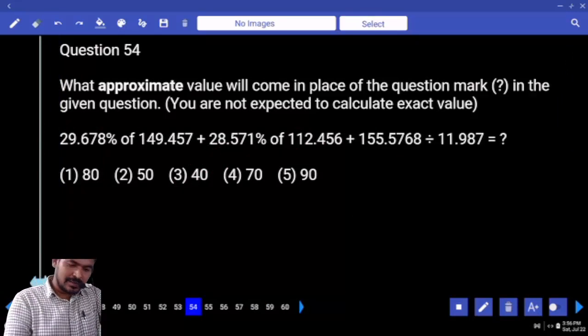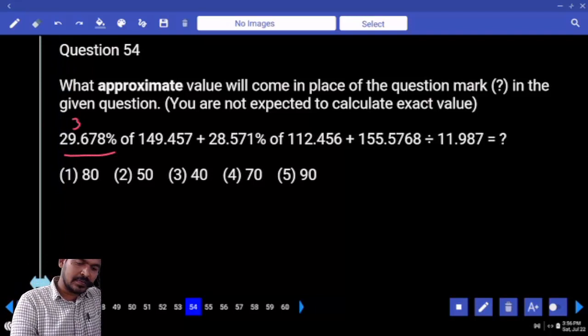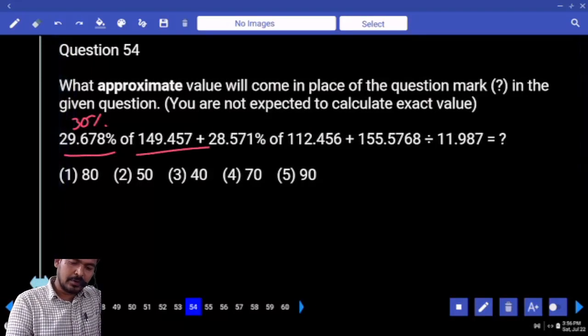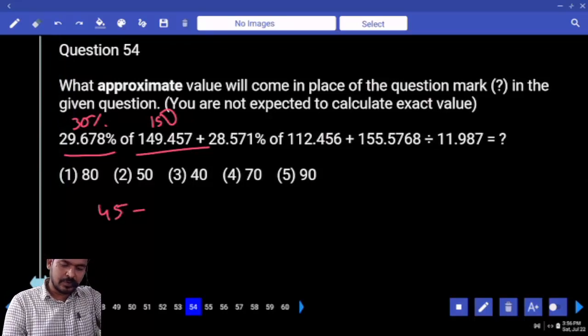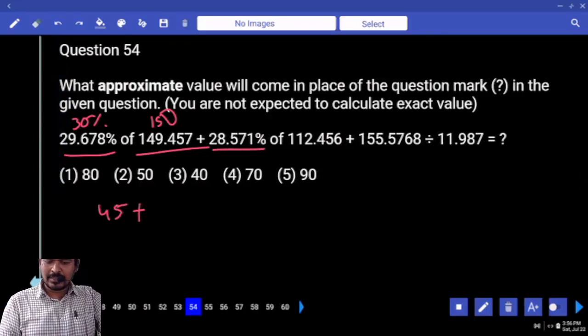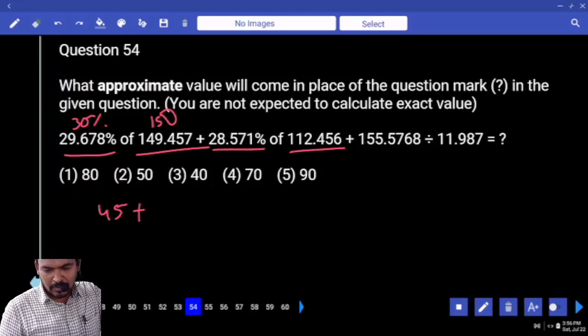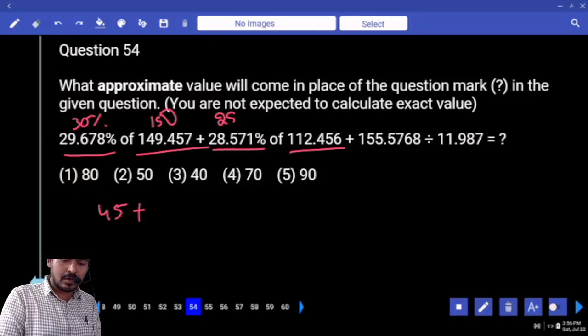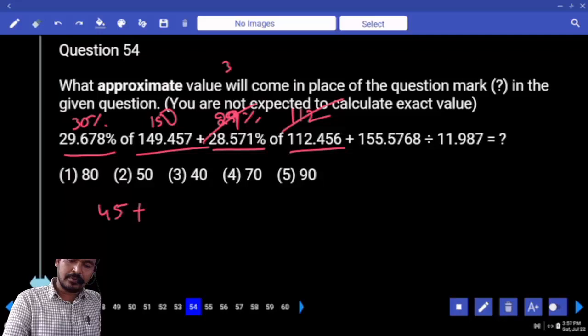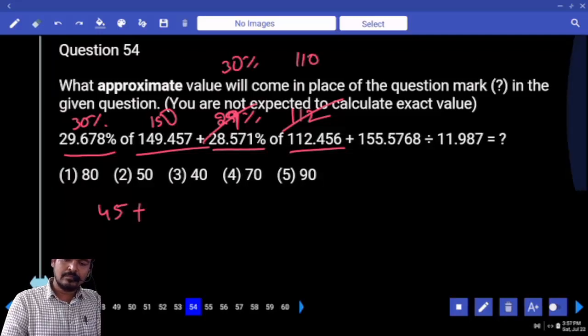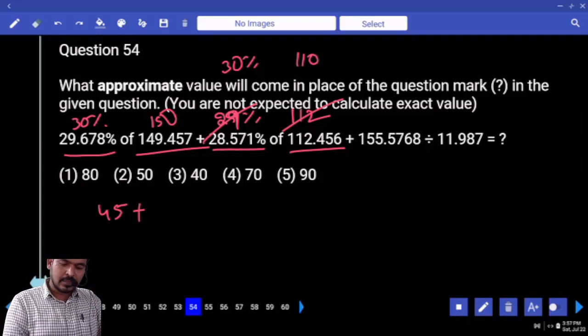First priority 29.678. It is considered 30%. 149.457, 150 or 30% of 150. 45 plus 28.57% of which value? 112.456. It is considered 29% of 112, or just written 30% of 110. What is 30% of 110? 33 plus